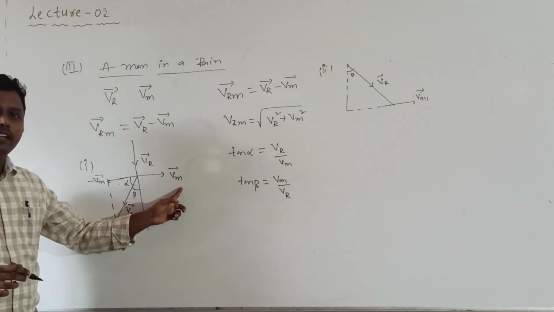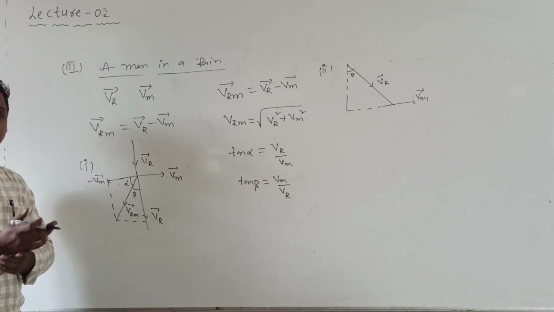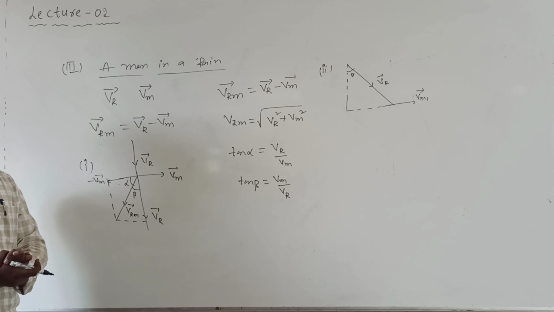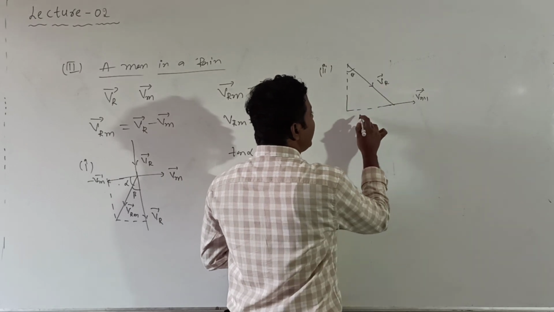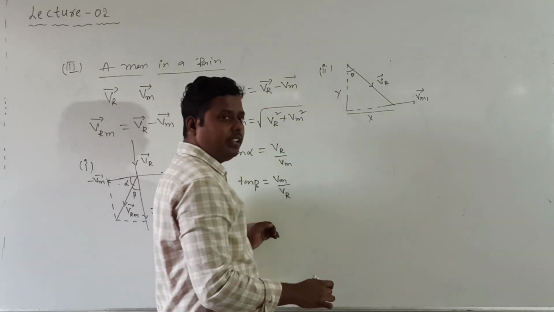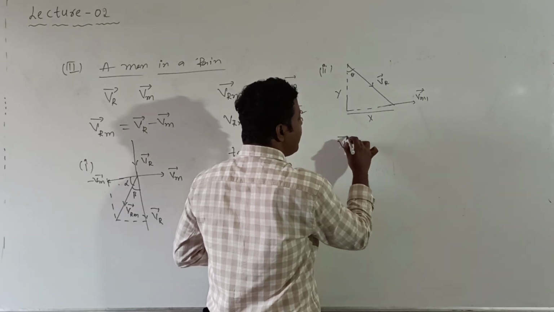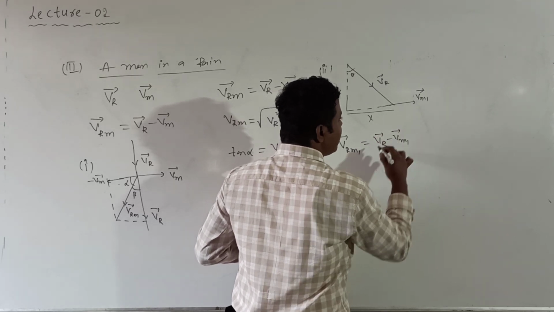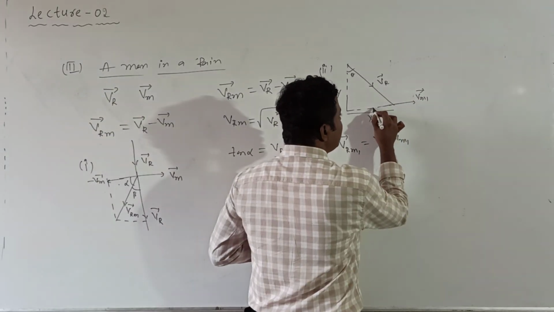When man increases the speed while moving horizontally, the velocity of the man with respect to ground, let me call it Vm1. And rain is falling such that it is making an angle theta with the vertical. So the velocity of the rain is resolved into two components, x component and y component. Now I want to calculate the relative velocity of the rain with respect to man, VRM bar, which is given by VR bar minus Vm1 bar. To calculate the relative velocity, let me take the negative vector of Vm.